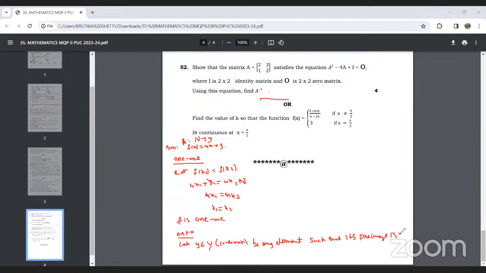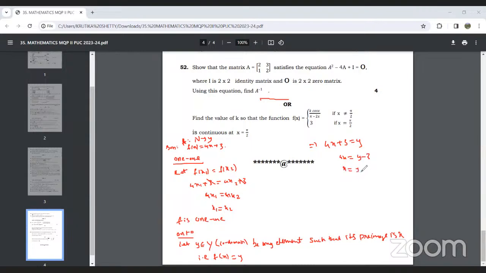Pre-image is what? x. Okay, its pre-image is x. That is f of x is equal to what? y. Okay. So now see, try to convert this given function in terms of x. So we get, see, 4x plus 3 is equal to y, or 4x is equal to y minus 3, or